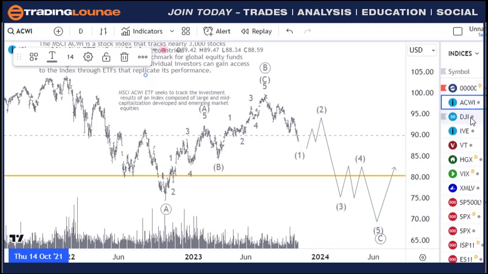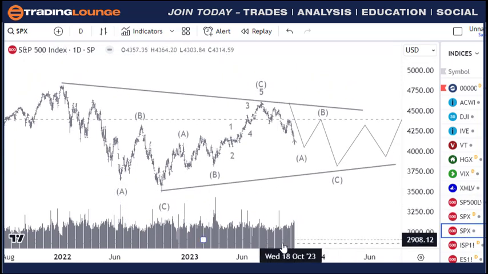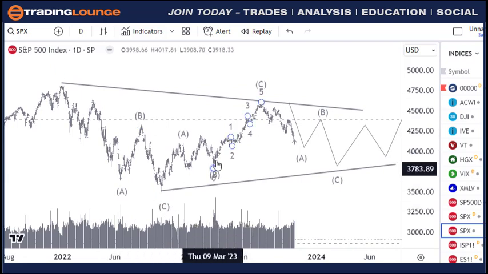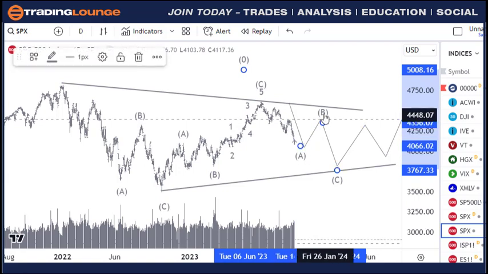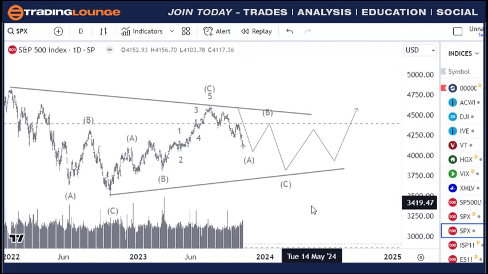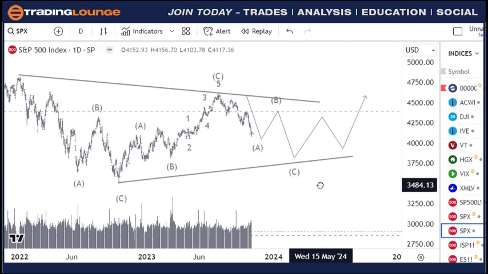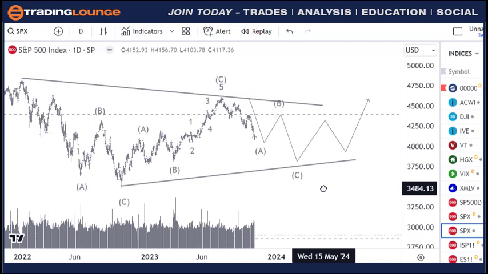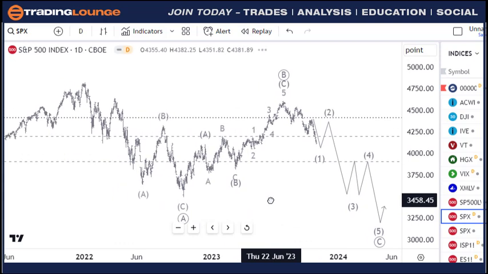So when I come over to the S&P here, for example, we've had this as a triangle pattern here last week as well. So we've got this as an A, B, C, and an A and a B and a C wave up here, and then 5 waves down here for the A wave here, and then the B wave here, and then the C, D and E over here for this. So a larger corrective pattern for all of this here. So yeah, it could play out like that, or it's going to play out like this here. But this seems to be the more dominant